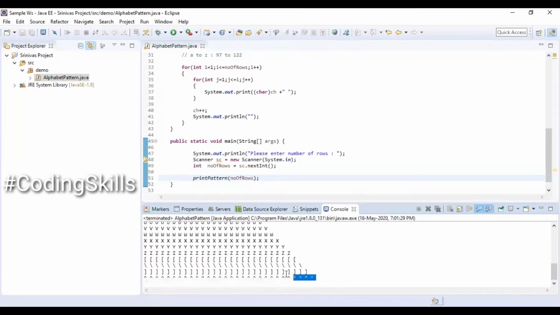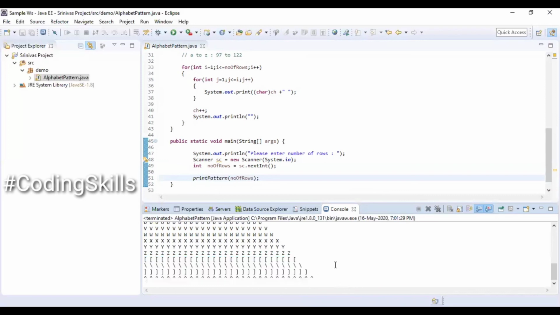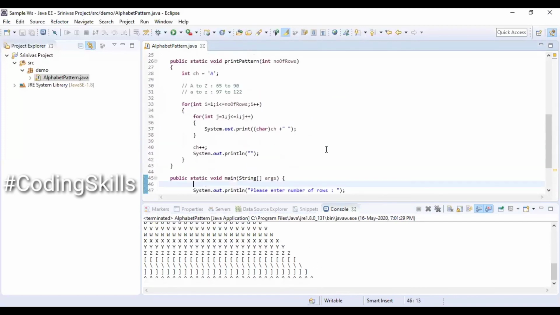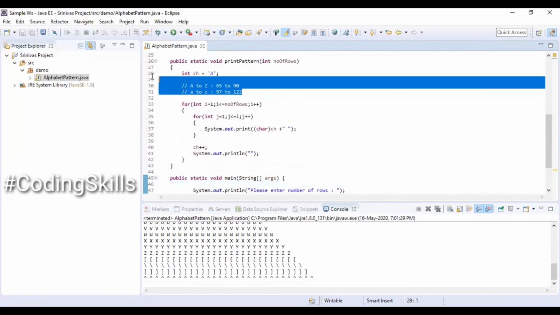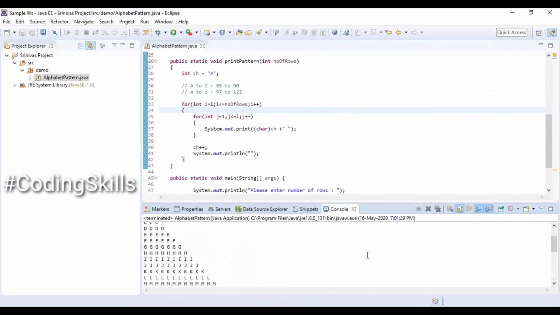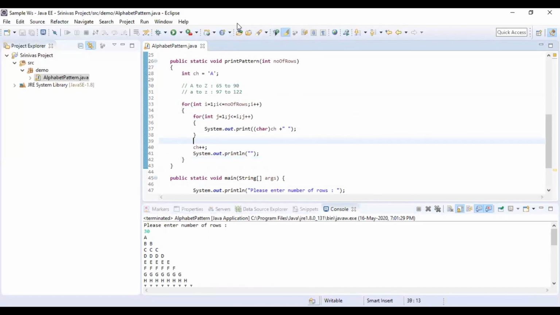We can see that. So in case you do not want this to be displayed, we can still have a validation against the number of rows which is inputted while reading the data from the keyboard. This way we can control the display of triangle. We can always change the starting character of the pattern based on our choice.